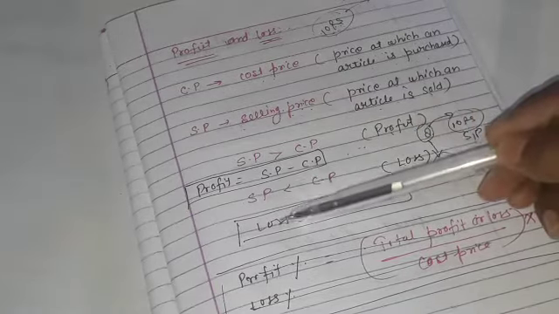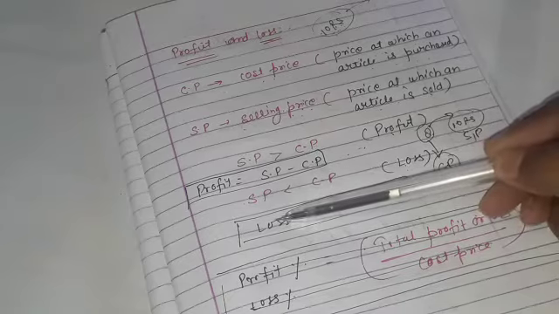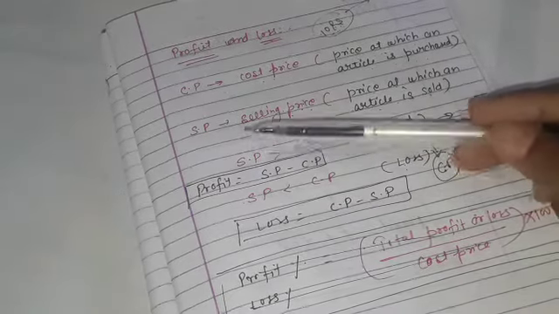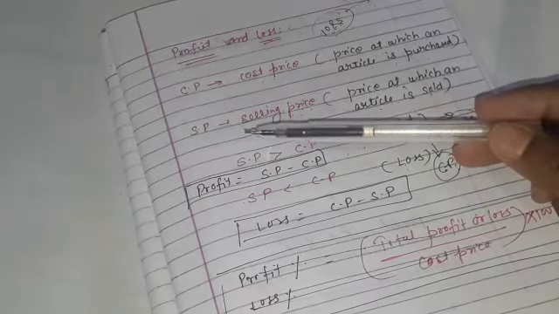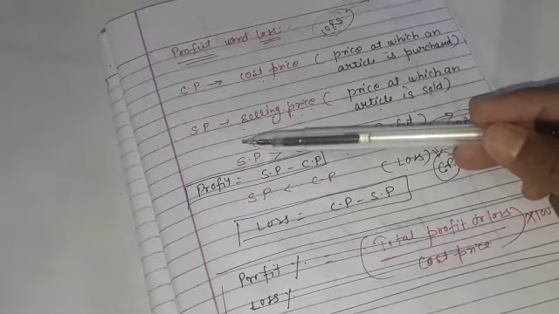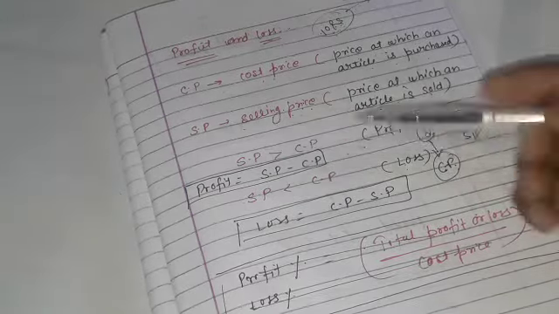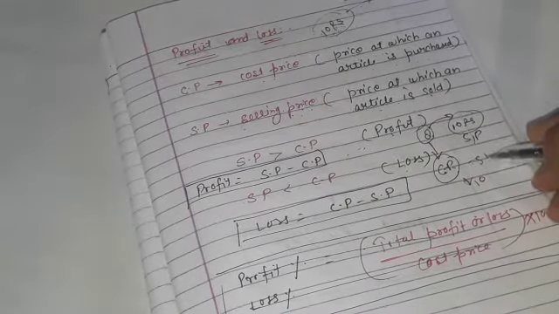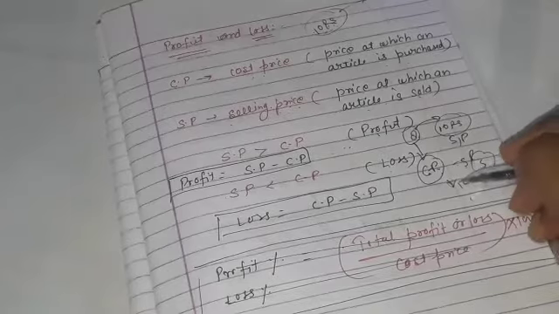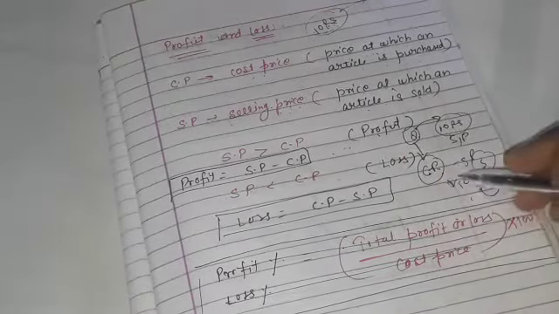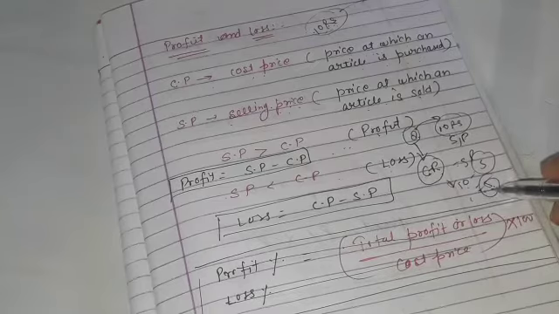But sometimes class, we make a loss also. So loss means CP minus SP. The same pen which I bought for 10 rupees, and in a specific condition I have to sell it for 5 rupees. At that time class, you can see my CP is 10 rupees but my SP is 5 rupees. So in this case CP minus SP is 5 rupees. That is my loss, 5 rupees loss.